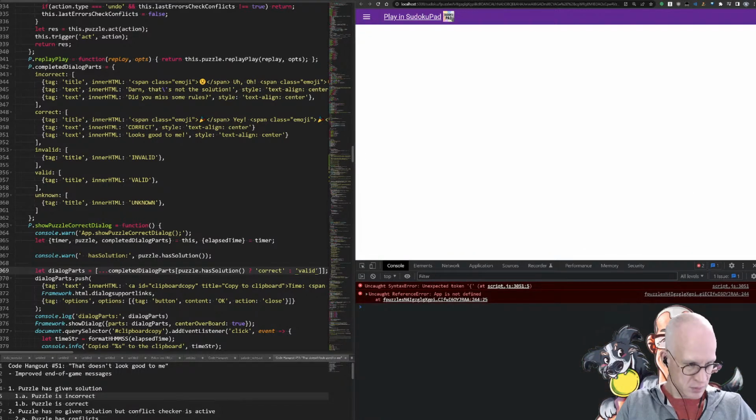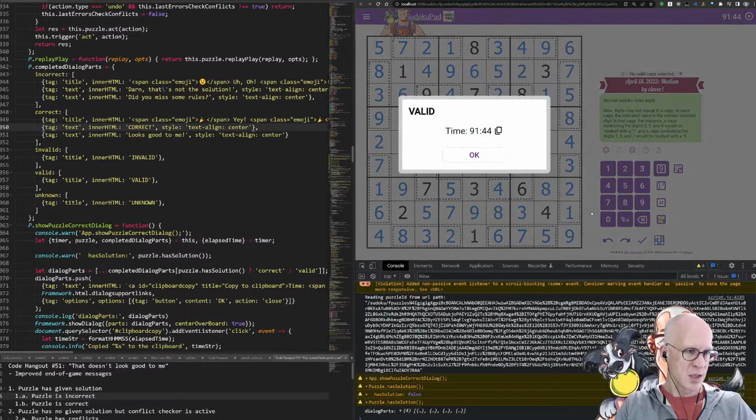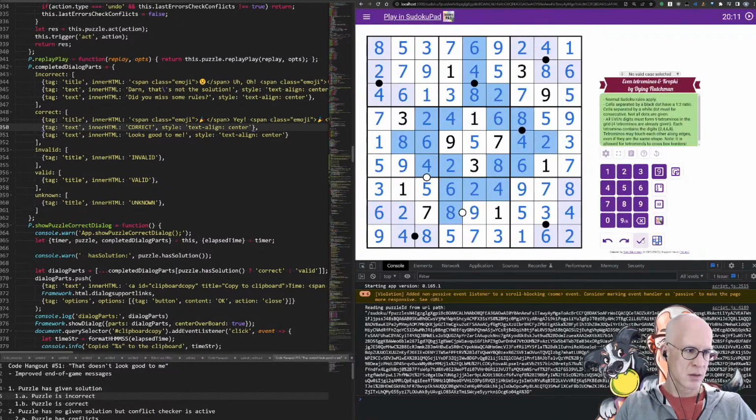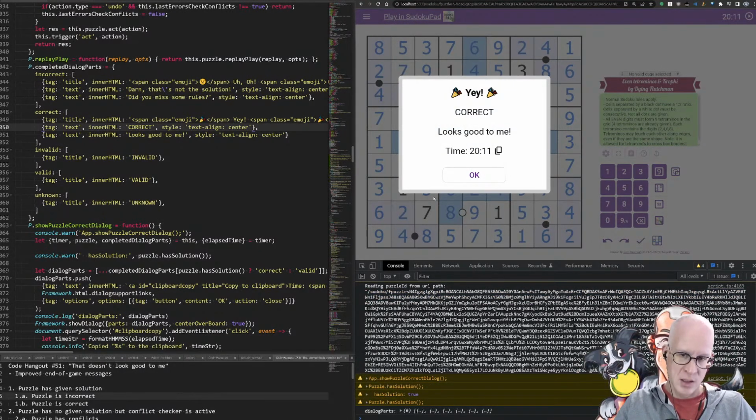Puzzle has solution 3051. 3051. There you go. Check. Valid. And here, check. Correct. Okay, so we were distinguishing valid and incorrect. So the final one is the unknown one, which I'm currently not entirely certain how that's going to go down.